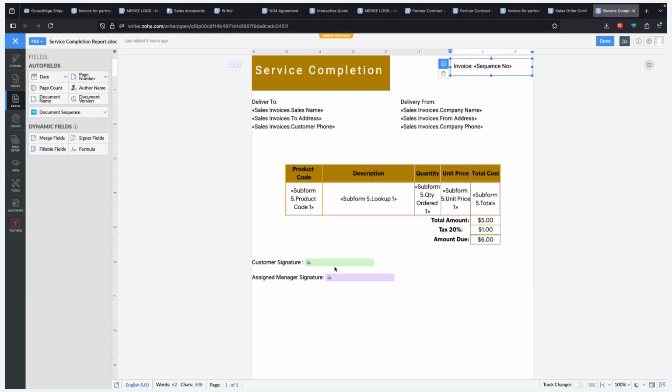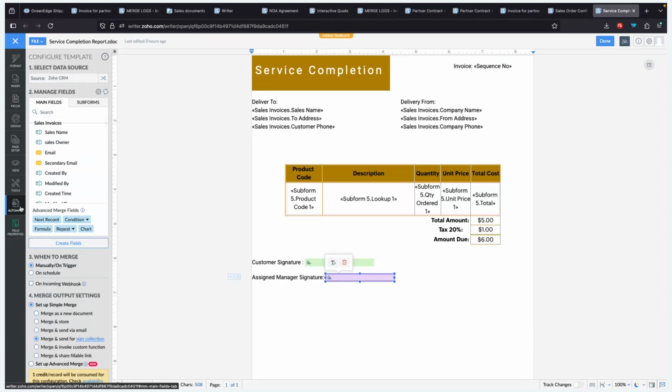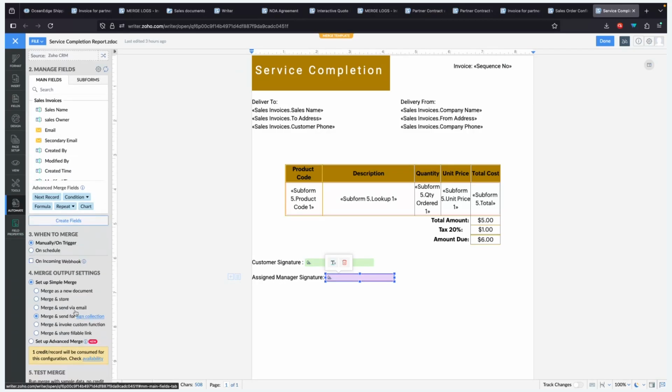And furthermore, I have also added the customer signature as well as the assigned manager signature. So the manager who looks over the entire implementation or integration is also going to sign this document. So now what I'm going to do is go to merge and send for sign collection